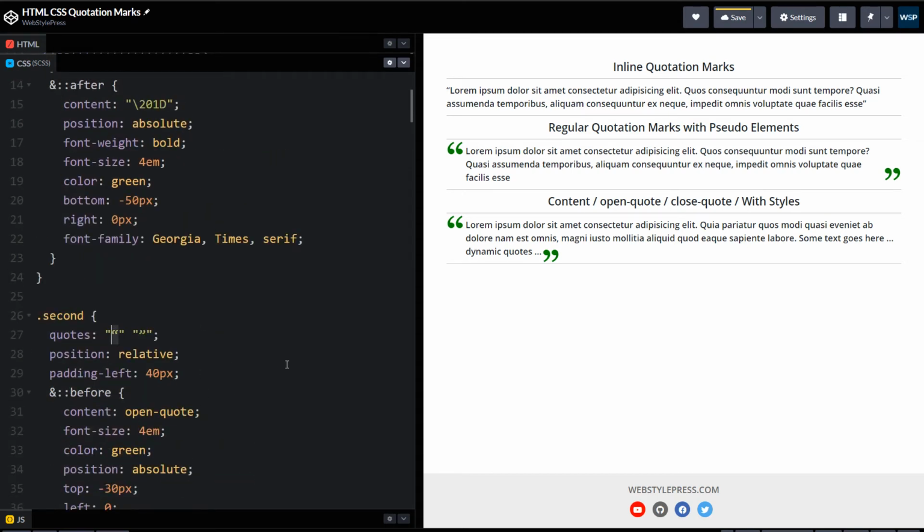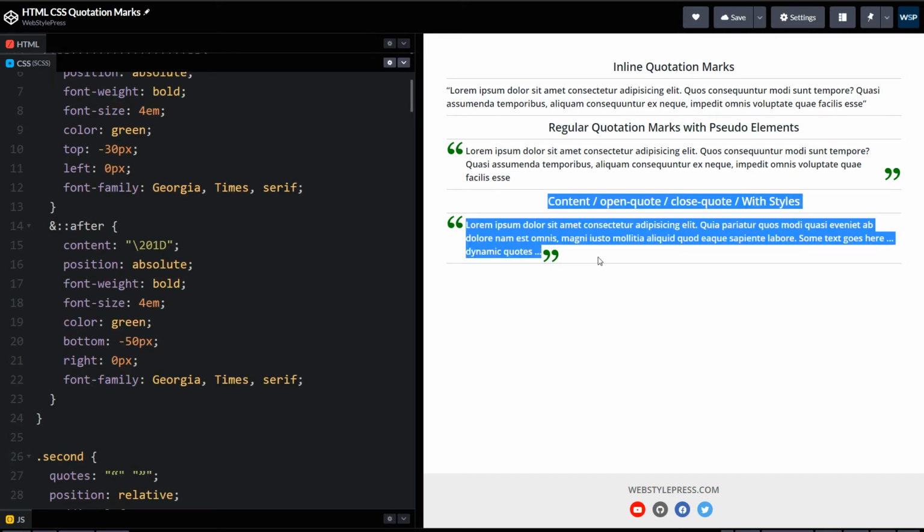And by the way, in this CSS property quotes, you can use any character and it will accept it. Now in this example, quotation marks are at the position where they should be.